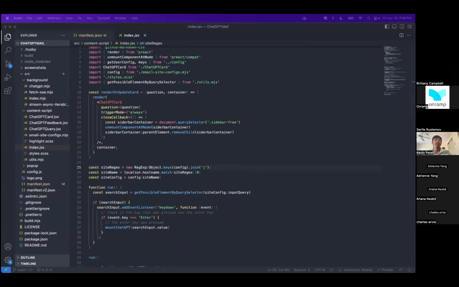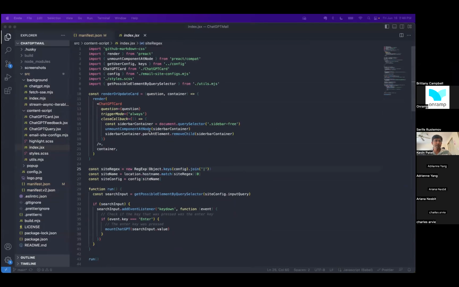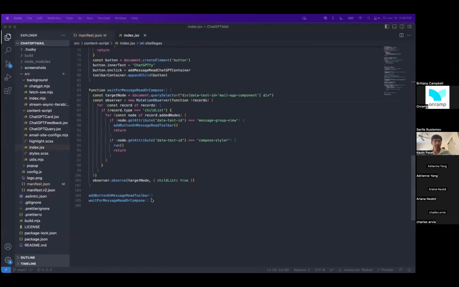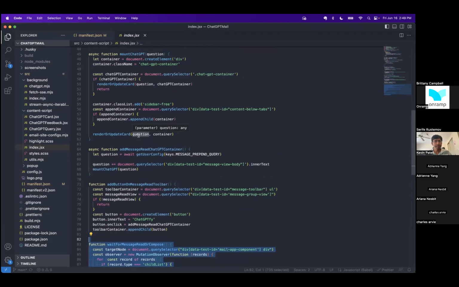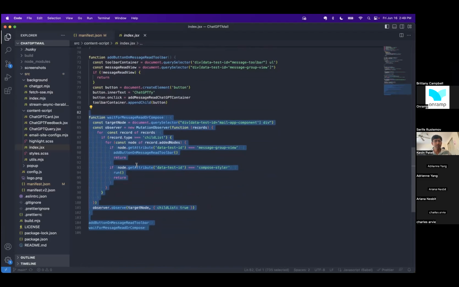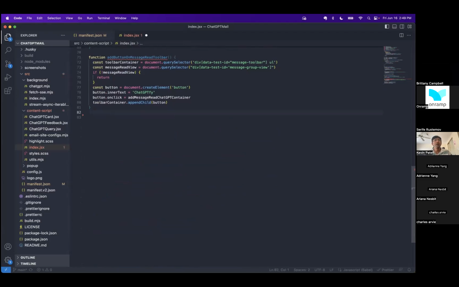So now here, instead of waiting for message read or compose, let me just remove all of this. I don't want any of these things. Yeah, let me just remove these things. And instead of that, I will write a new thing called wait for news tab. And what we will do is